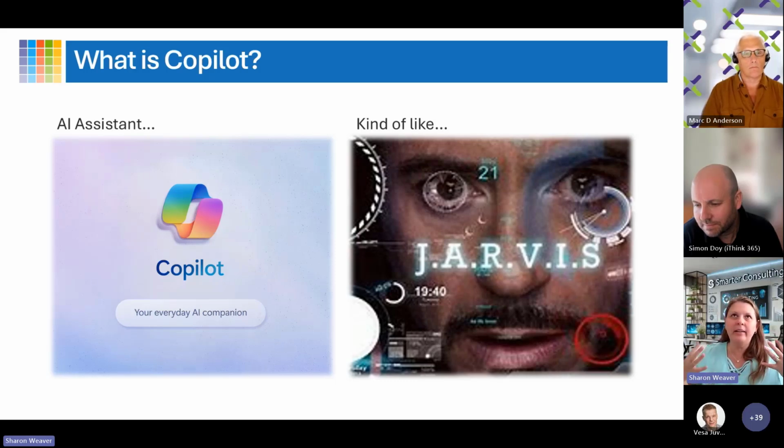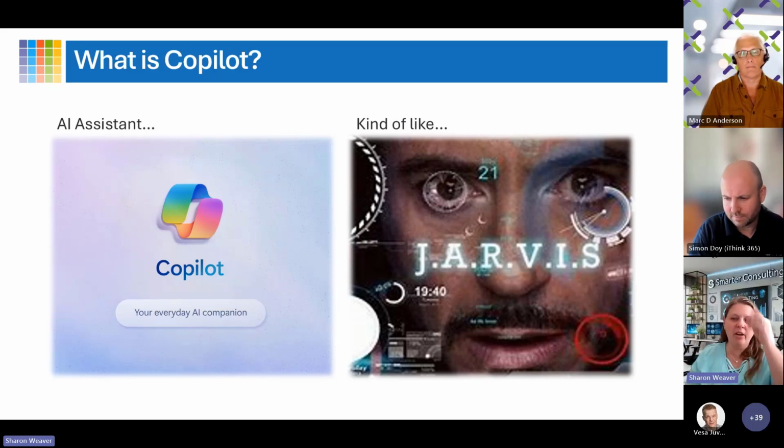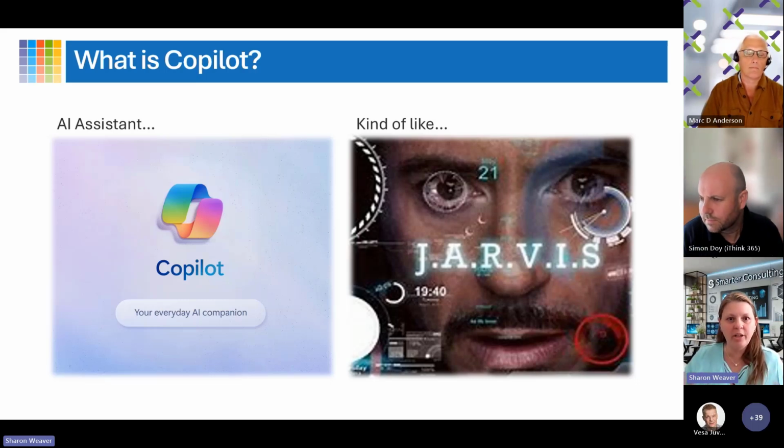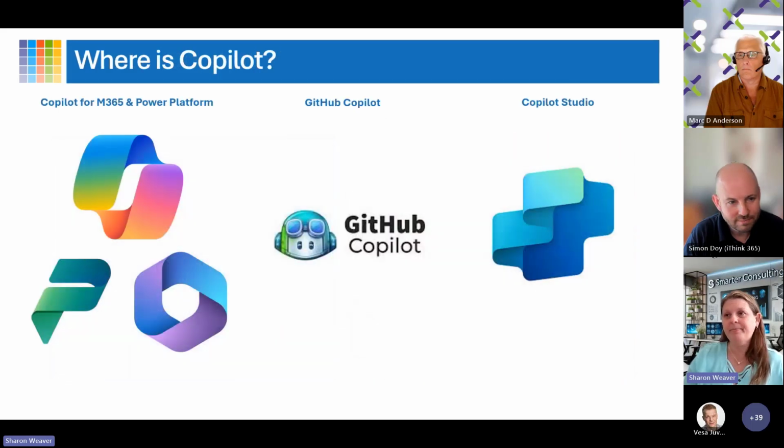So I think about this kind of like Jarvis in Iron Man, or like if you talk to the ship on Star Trek, where they talk to the ship, it's that kind of idea. Only the difference is now it's that same concept, but inside all your productivity tools and all your software tools. So it's just taking what we're used to and putting it into our work. Everything always starts in our personal lives first. That's just the way it works when we make things. And now that is bleeding over into our work life, which I think is fantastic.